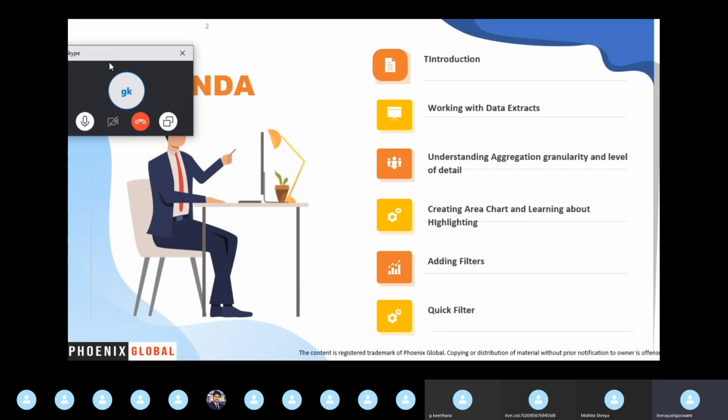Anytime if you are having any doubt, you can reach out to me, you can ping me. I can do it n number of times until you are able to understand and pick it up. And one important piece of info: you can record this session using the record button present in the bottom left window of your screen. All right, so I'm beginning now.